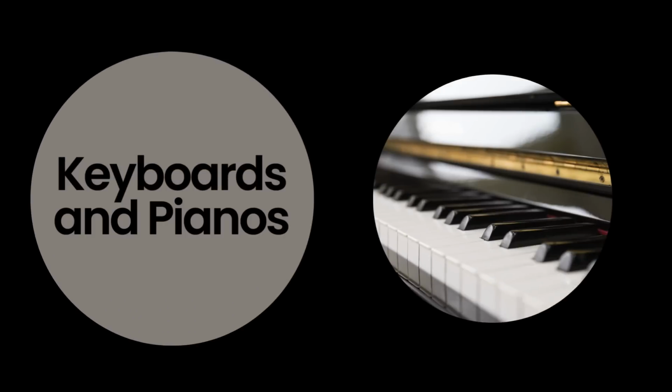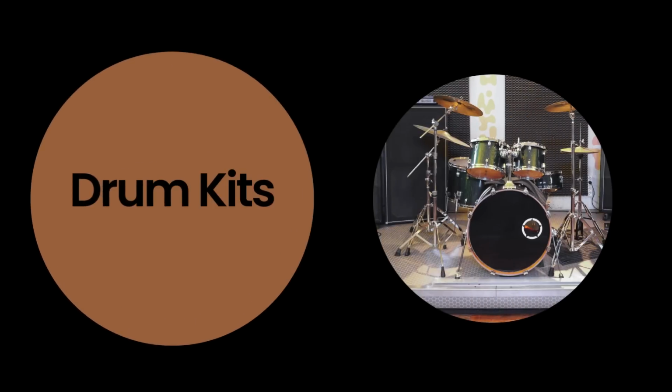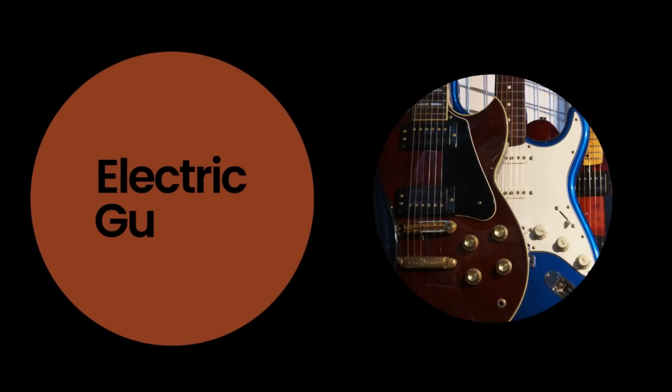Keyboards and pianos are versatile instruments in hip-hop production, providing everything from haunting melodies to lush chord progressions. Acoustic drum kits are sometimes used in hip-hop to add a live, dynamic feel to the beats, blending traditional drumming with programmed rhythms. Electric guitars can be used for riffs, solos, or ambient sounds, adding another layer of texture to